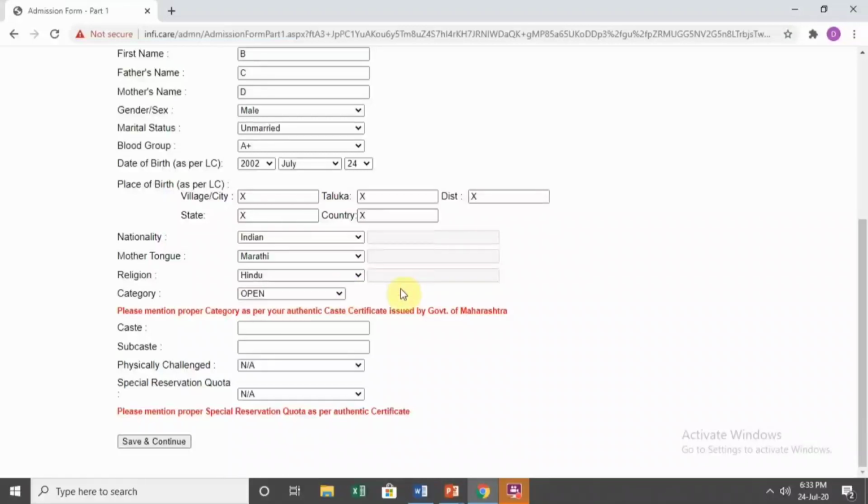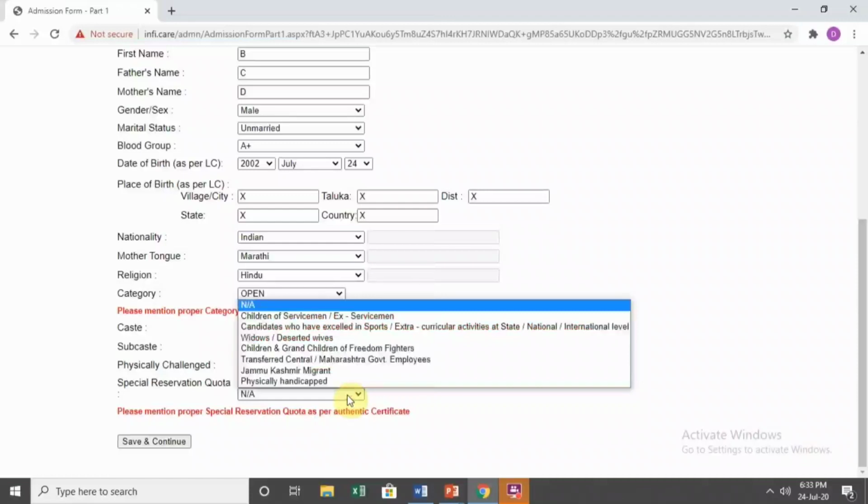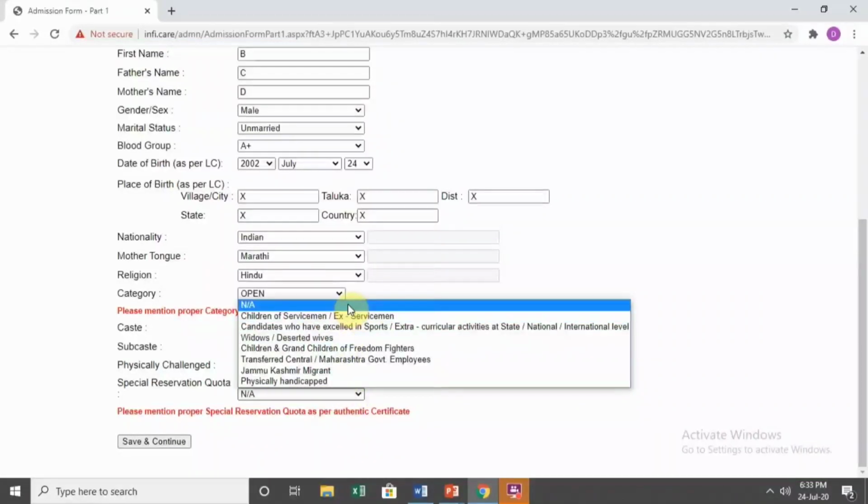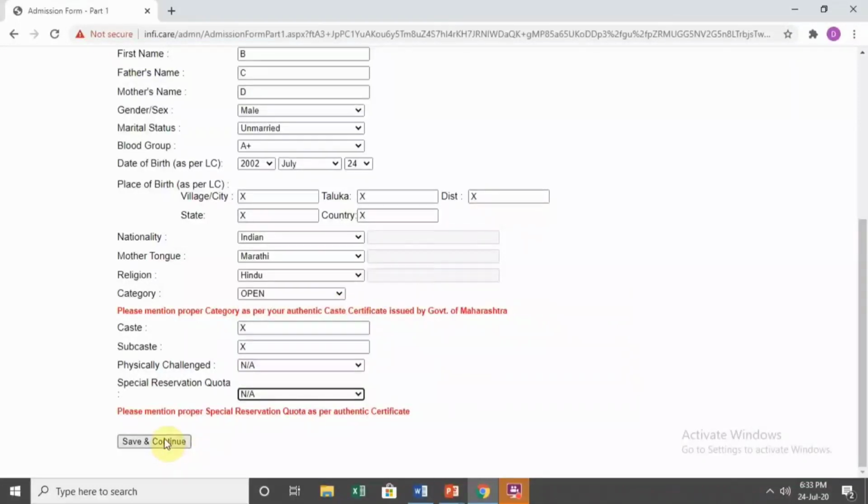Select the category properly, caste and subcaste. If you have any physical disability, then you need to select one of the given options, else it will be same, not applicable. Here also, if you belong to some of these categories, you need to select, else it will be not applicable. Click on save and continue.